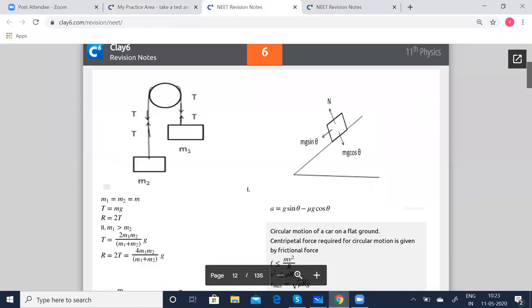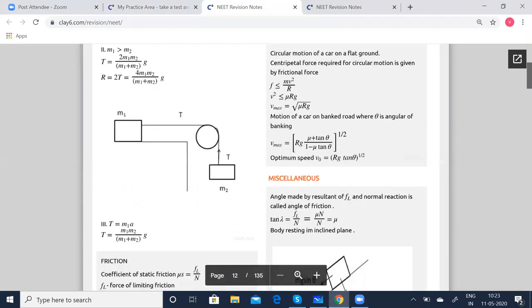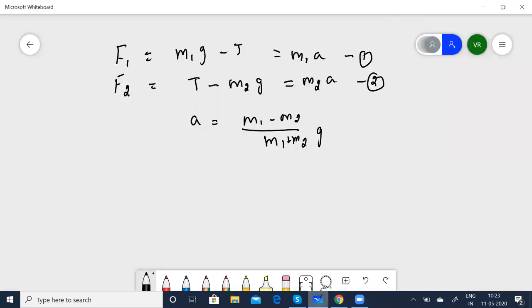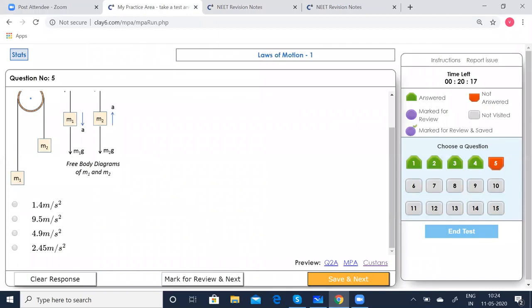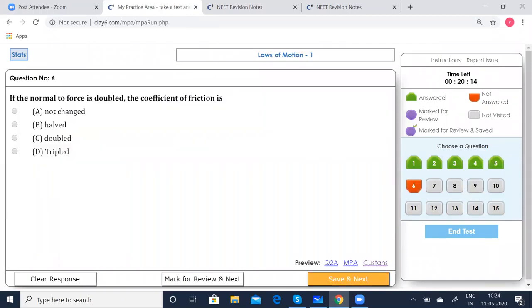See, here we have given, you can directly use the formula. You can see that and directly use the formula m1 minus m2, because here they are going to be in the opposite direction. So the masses given are 4 minus 3 divided by 4 plus 3 times g, which is 9.8, which is nothing but 1.4 meters per second squared. Let's see which option is correct. Option 1.4, option E is correct. Save that and go to the next.